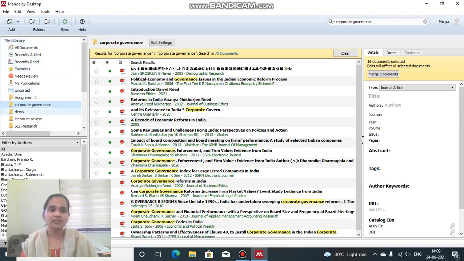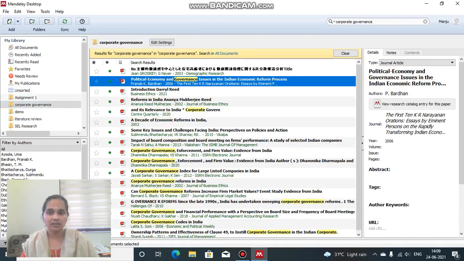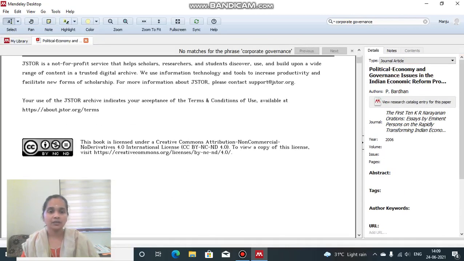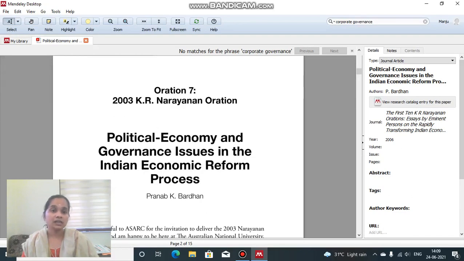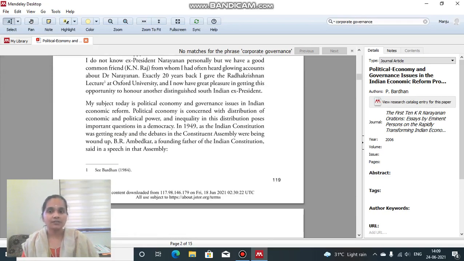So when we have such folders according to the name of our variables or according to the steps we are doing in our research, it will be easy for us to store the particular data and to read whenever it's needed. You can read each folder by clicking it, and by clicking on the paper you can read it. Okay, so you see here you can read it, you can mark it, you can highlight it. You can also cite it. I will show you how to cite the items from here later.